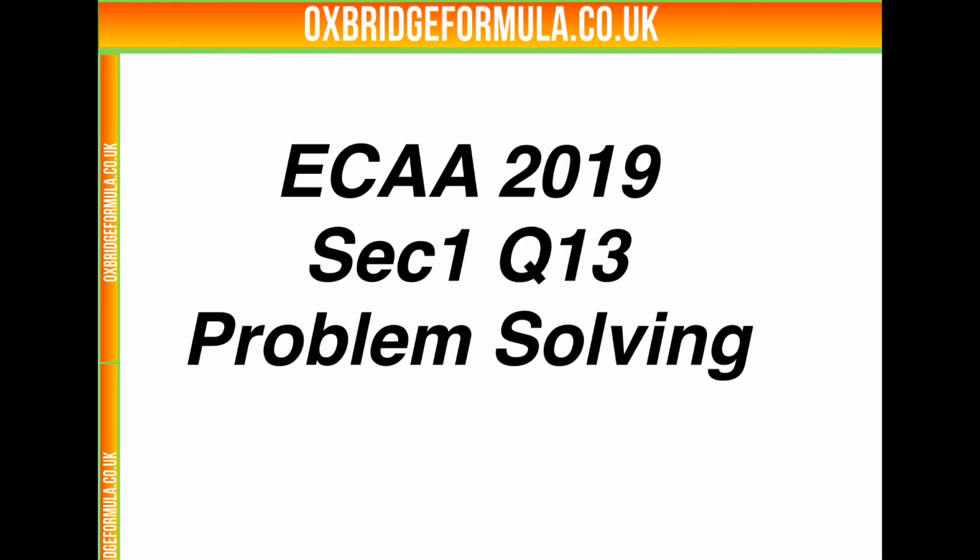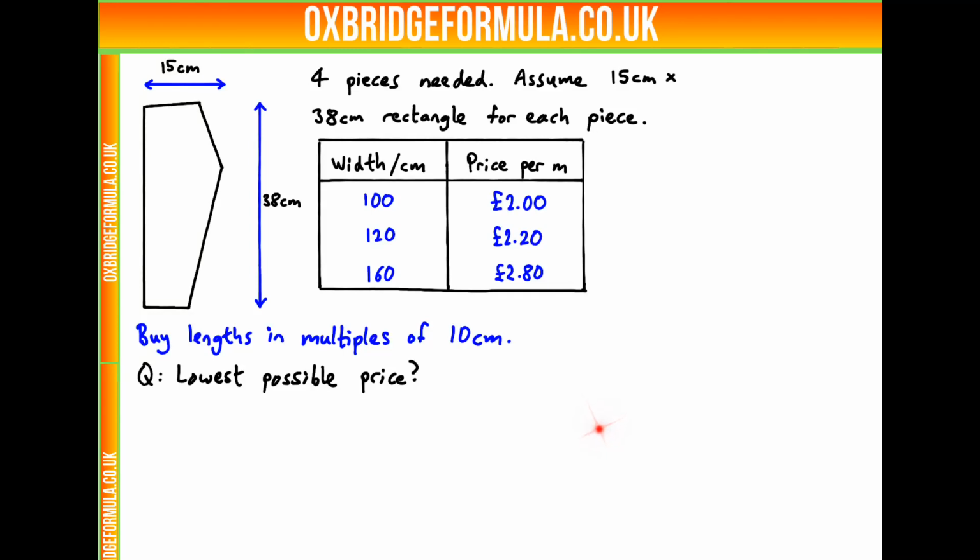This is question 13 on problem solving from section 1 of the 2019 ECAA. So we're told that a gentleman is making some trousers for his son, and he's making 4 pieces like this, but approximating for simplicity when he's buying the material that he needs a 15 by 38 centimeter rectangle to make